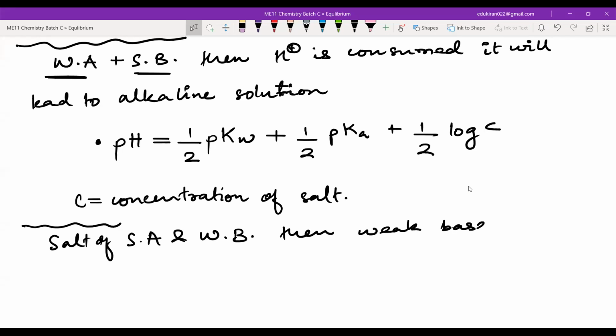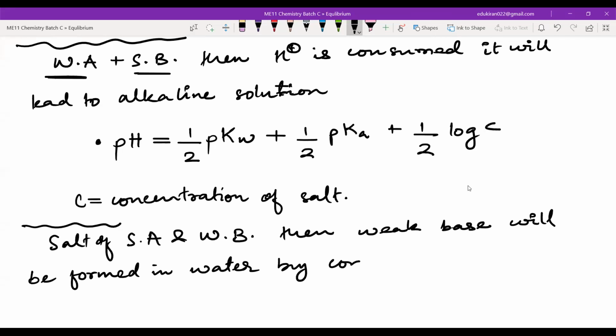Weak base will be formed in water by consumption of OH negative,